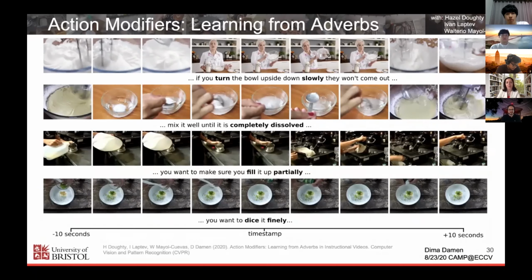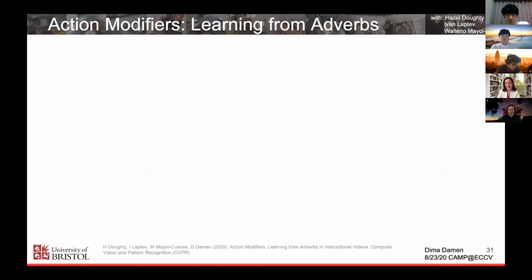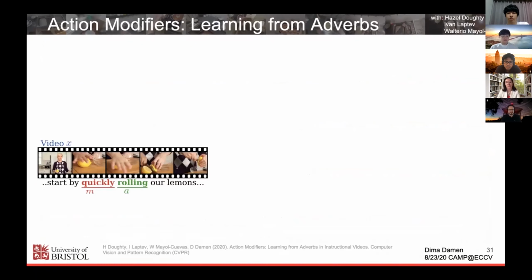So how do we do that? How do we learn from these adverbs? And these are giving you a particular projection again of types of compositional understanding of the action purely from how you would do it. So we would have the video. We also have this parsed sentence that gives us the verb, the action, and the adverb, which we call a modifier. You'll see why it's called M.